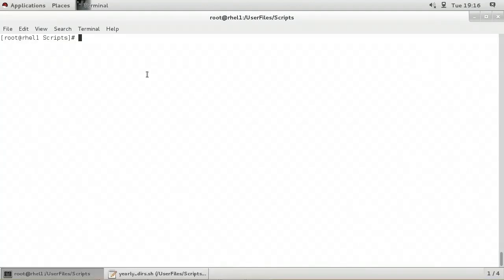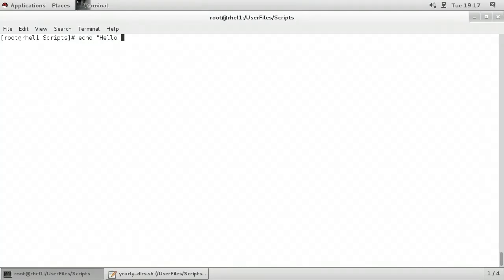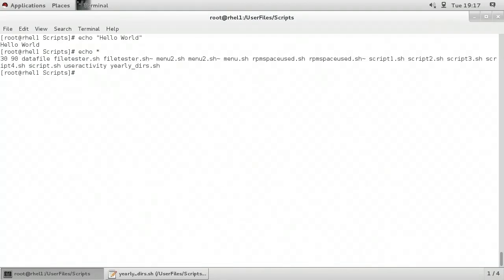In Linux, when issuing commands, we can use expansion. With expansion, when we type something in, it gets expanded into something different before the shell performs an action against the command. For example, if I were to type echo space, open double quote, hello world, close double quote, it would echo back the string hello world to the screen. Yet, if I type echo space asterisk and press enter, instead of echoing the asterisk back to the screen, the shell expands that, and it assumes that I'm echoing back a list of all of the files in the current